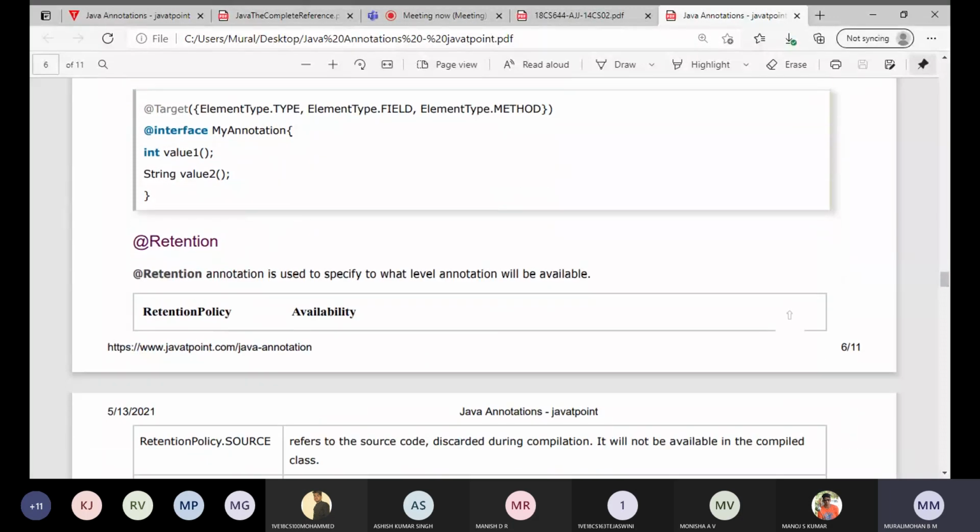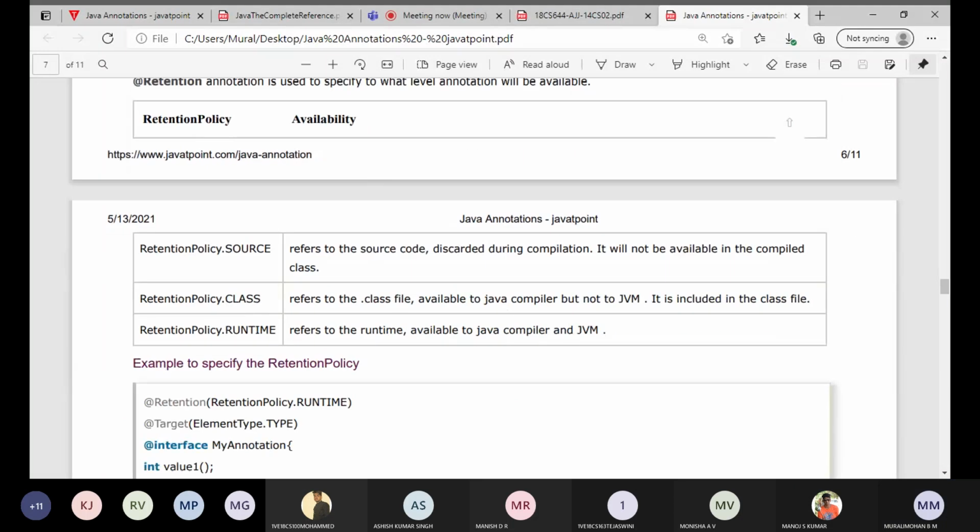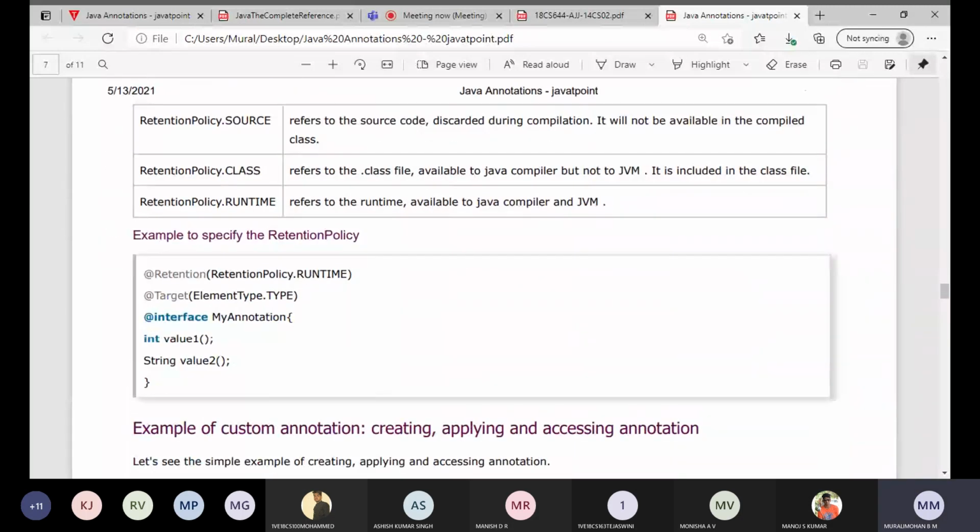Next, retention we are having. This we already learned. We are having 3 retention policies, that is source, class, and runtime. We already learned what it is if it is source, what it is if it is class, and what it is if it is runtime. These specify the retention policy.